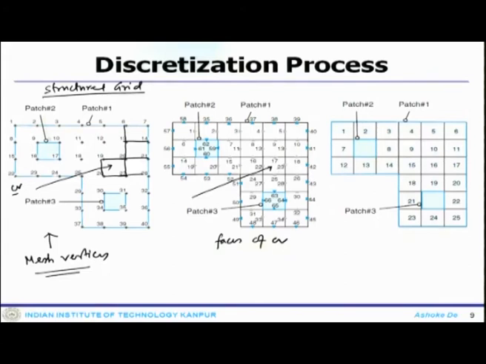And finally, if you mark this whole thing 1, 2, 3, 4, these are all essentially control volumes or elements, where I am going to have the solution done. This will be my boundary condition for the sink, this would be the boundary condition for the source, and this is the insulated boundary. So, now I can have the mesh details.